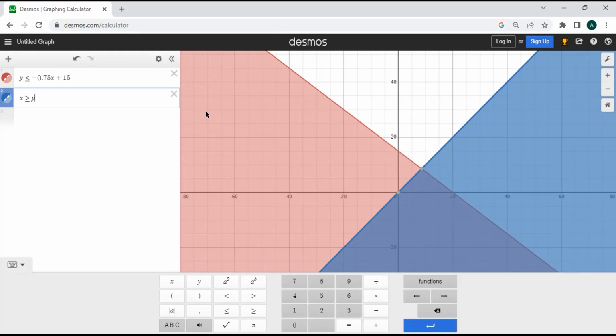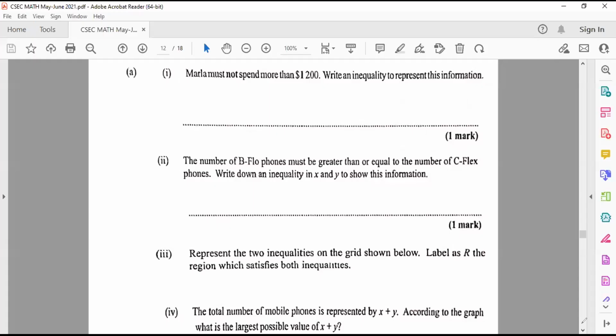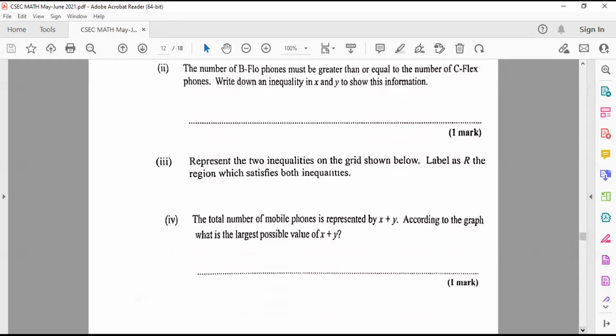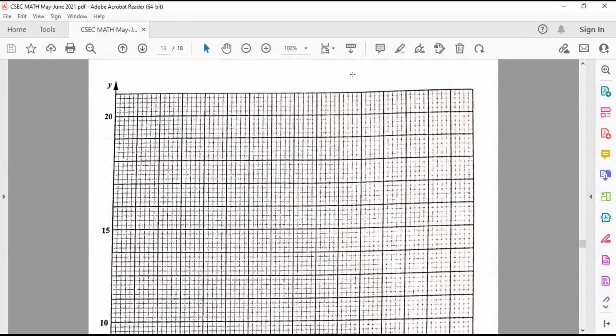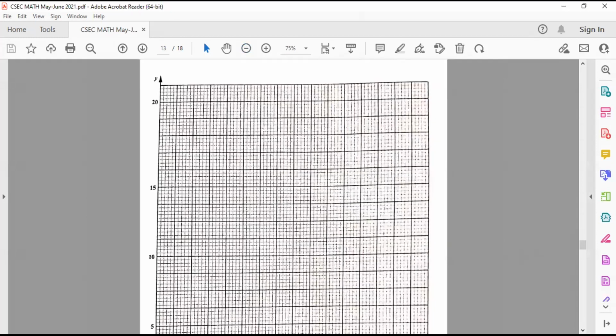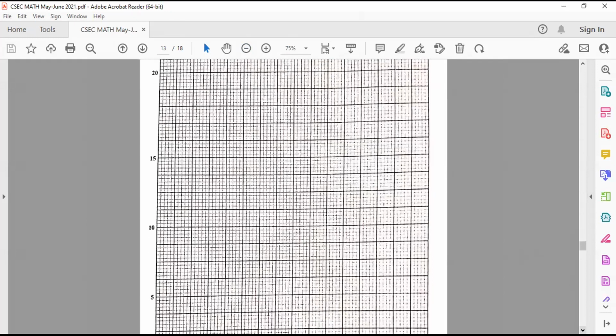Let's quickly try to do that on this graph here. Well, I can't do it on this graph, the graph doesn't have enough space. What I can show you, let me zoom out a little bit. It's going to be difficult for us to see a bit. All right, but what I can show you is that I need from the formula